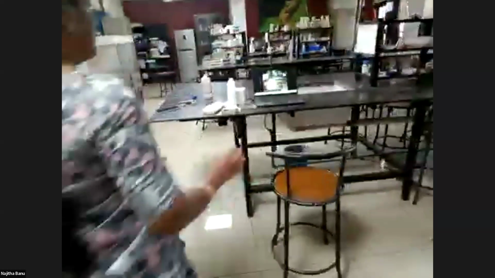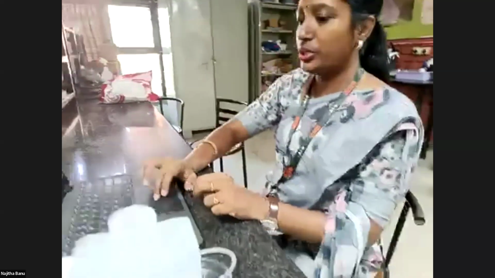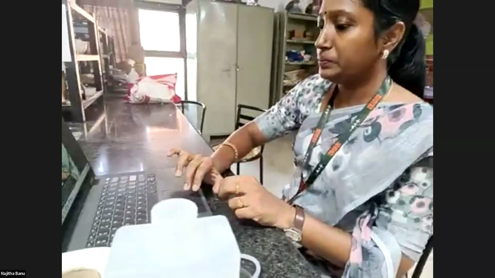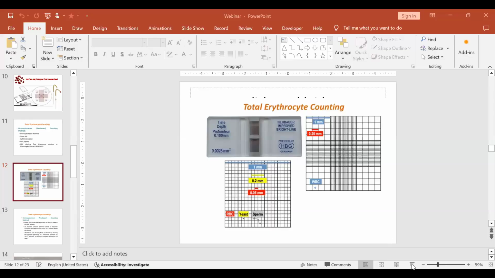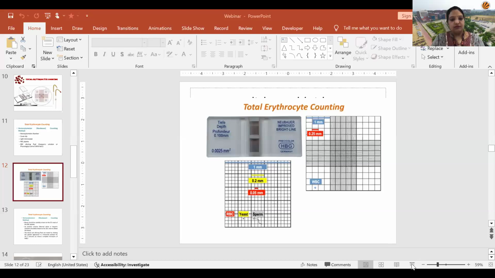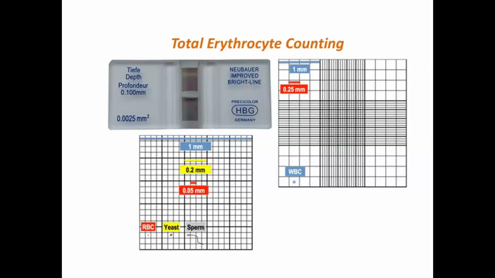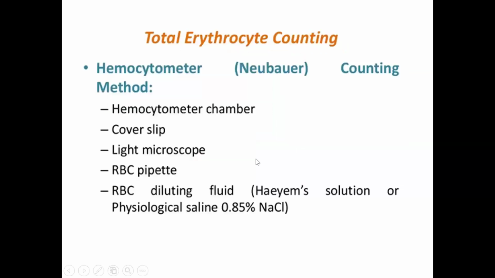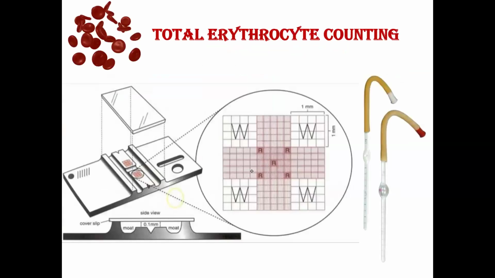Now let's rinse. Now I'm going to share the rest of the information that you can see here. The theoretical information, which is what you observed. Now you see, whatever you observed in the hemocytometer, the small square which you observed in the laboratory, the H1 I discussed with you.